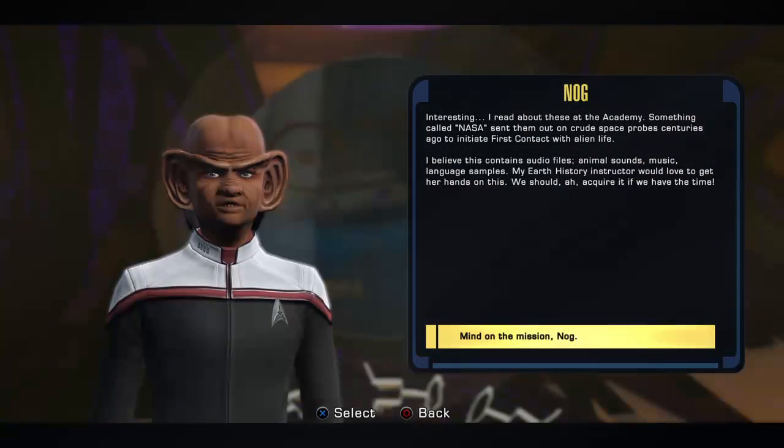Interesting. I read about these at the Academy. Something called NASA sent them out on crewed space probes centuries ago to initiate first contact with alien life. I believe this contains audio files, animal sounds, music, language samples. My Earth history...